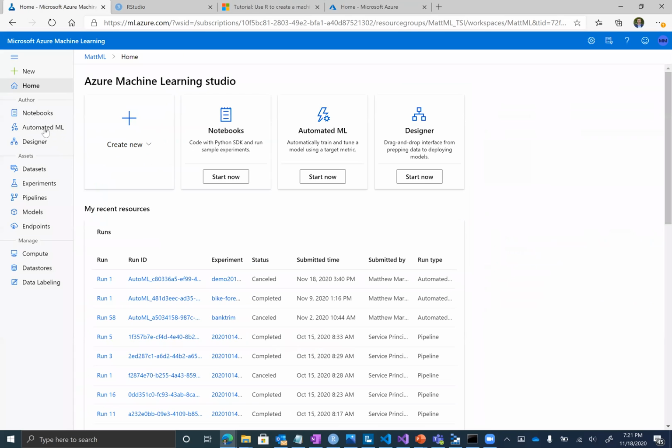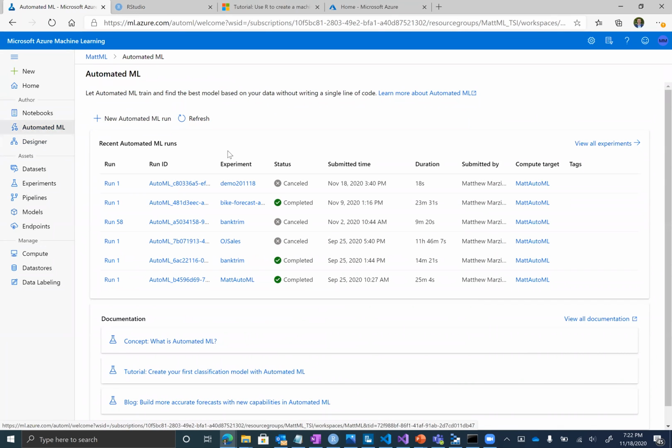The second thing you can do is run automated machine learning. This is something that, actually, the company I was with before Microsoft, a company called DataRobot, this is kind of their bread and butter. So I guess I've come over to the dark side of Microsoft, or maybe the light side. Either way, it's the dark side for machine learning, because it's the automated stuff.